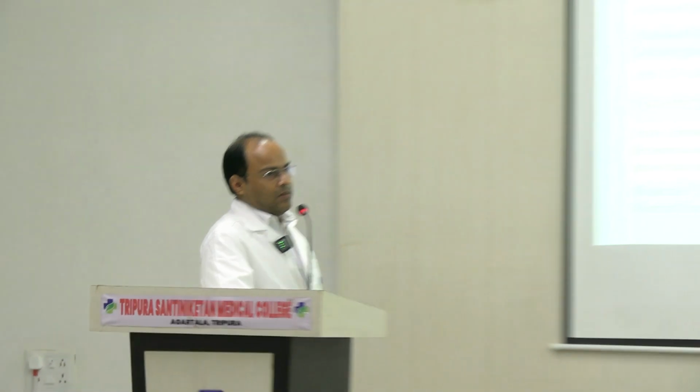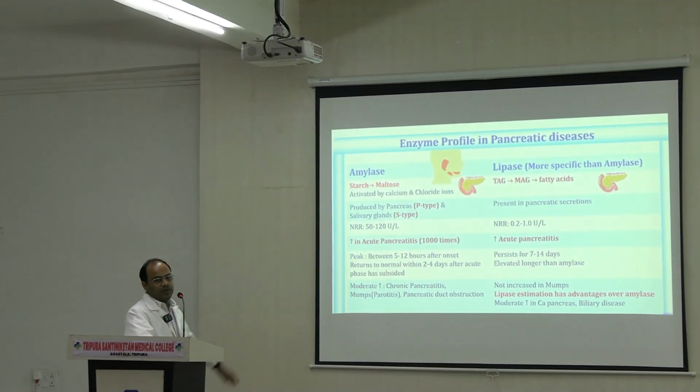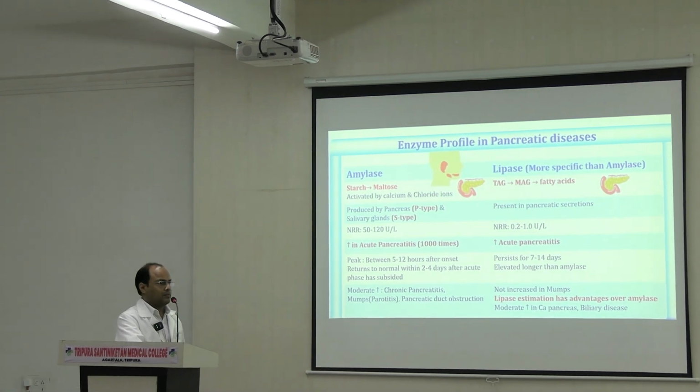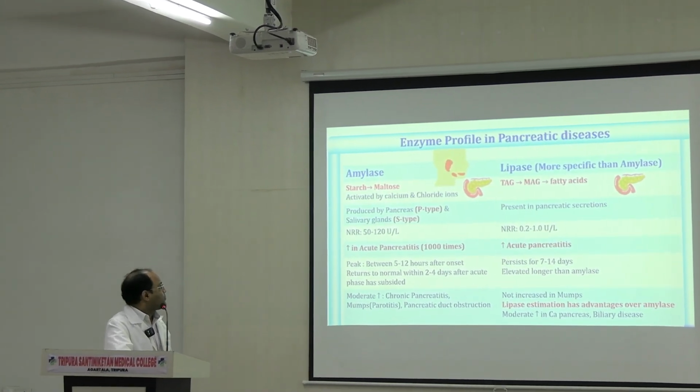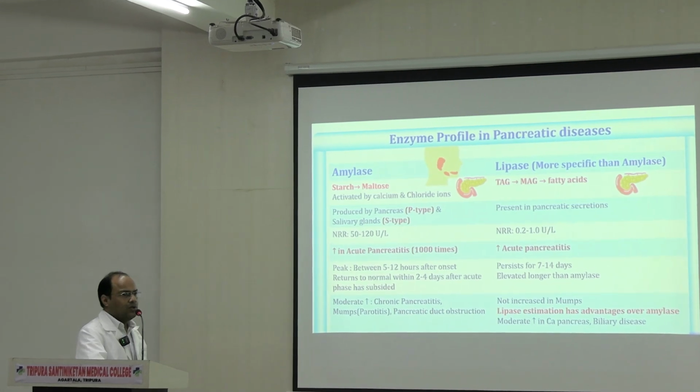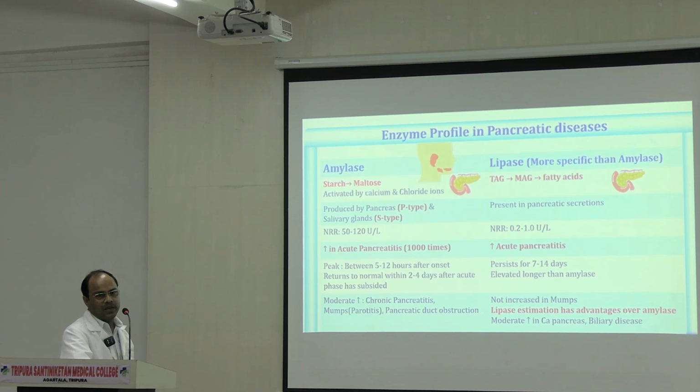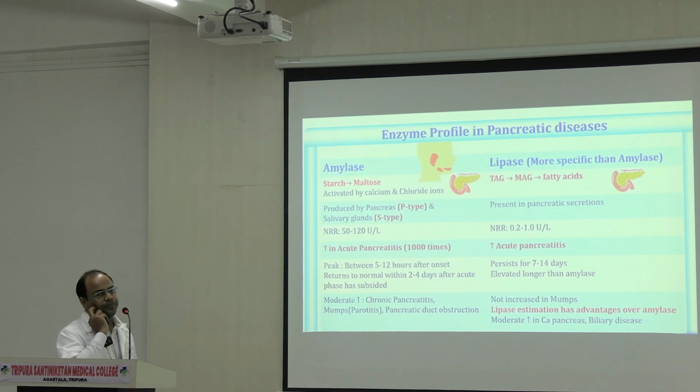Enzyme profile in pancreatic disease, very important. Take everyone a screenshot or picture. Here we are using two enzymes, lipase and amylase. Amylase is not only secreted from pancreas but also secreted from parotid gland. Okay, so amylase has two sources. One is parotid gland secretion, one is pancreatic secretion. Okay,